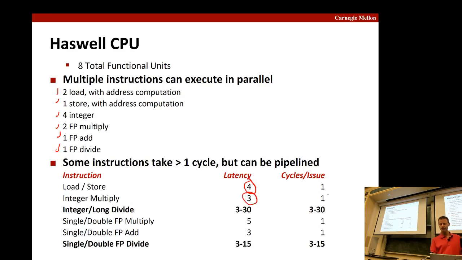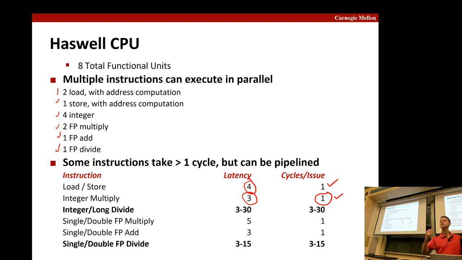But because you could pipeline those integer multiplies as we've seen, the throughput is actually 1. Okay, the cycles per issue is actually 1. So if you have 3 integer multiplies you could do at the same time, then in a continued pipeline fashion, there's no sort of loss in performance. Okay, and same thing with loads, for instance, right? So even though it might take you 4 cycles to load something from the cache,